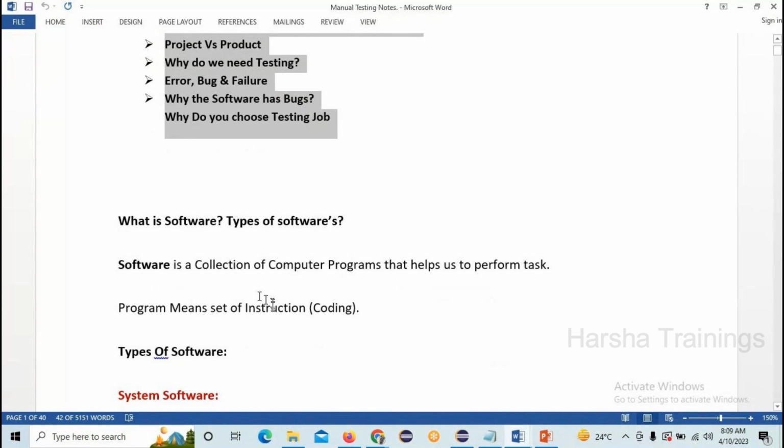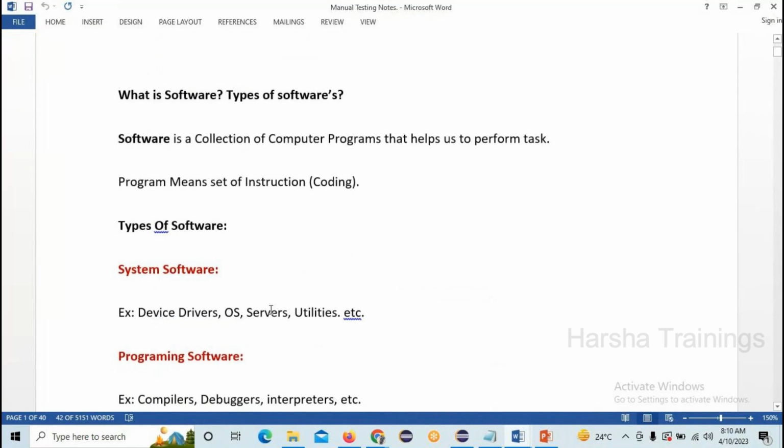Okay, cool. So here software is a collection of programs that helps us to perform the task. We have different types of softwares here.